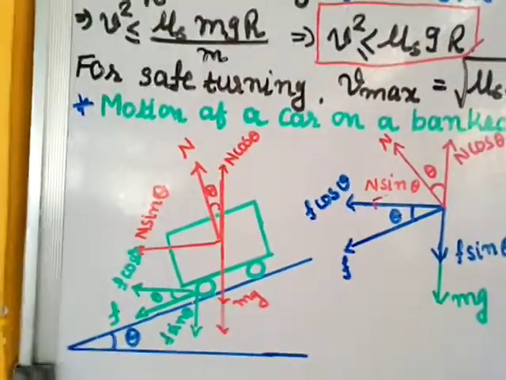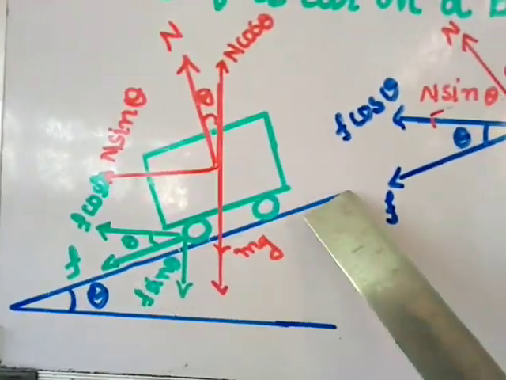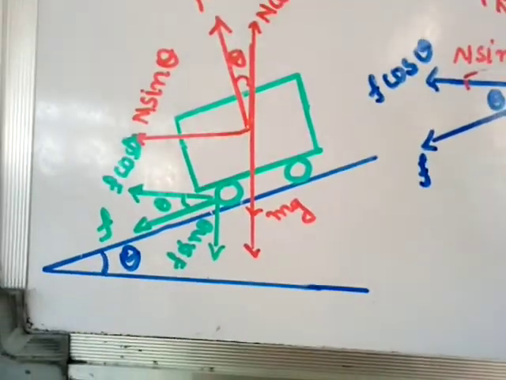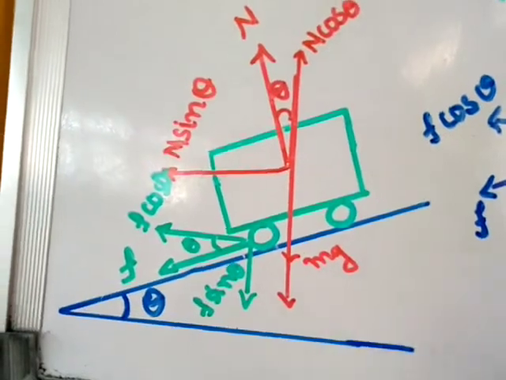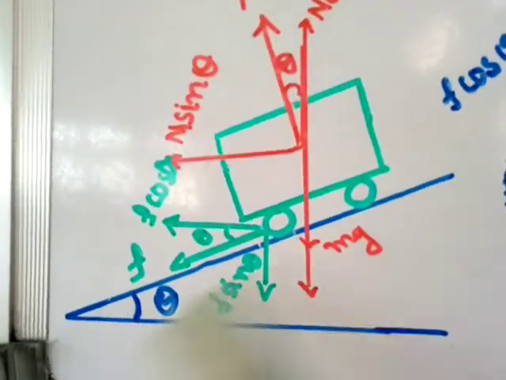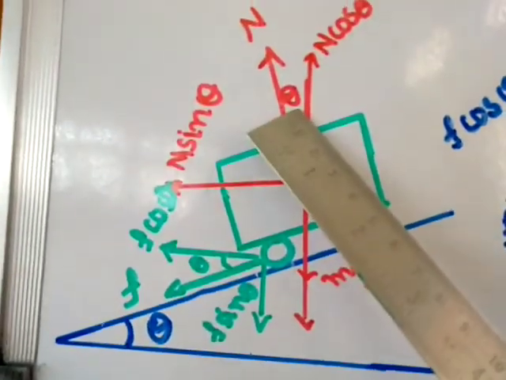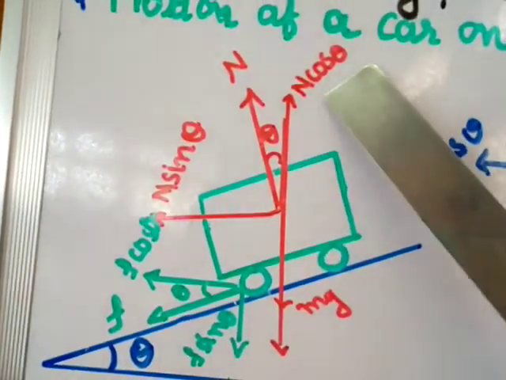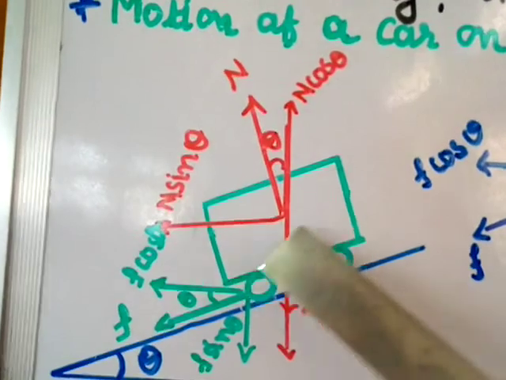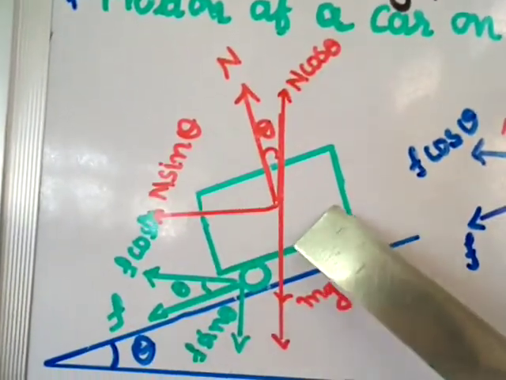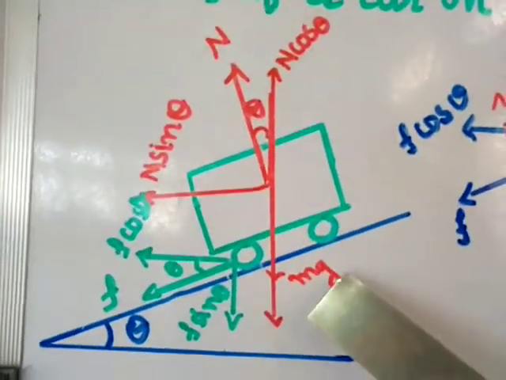Here this is the outer part which is a little higher and this is the inner part, so it is raised at angle theta. This is the vehicle on the path. Now I have shown the forces. One is the normal force, which is normal to this surface, upward. If this angle is theta, then this angle also will be theta, and N I have resolved into two components: one vertical, N cos theta, and one horizontal, N sin theta. Now because of the mass of the vehicle, there is a downward force, that is mg.